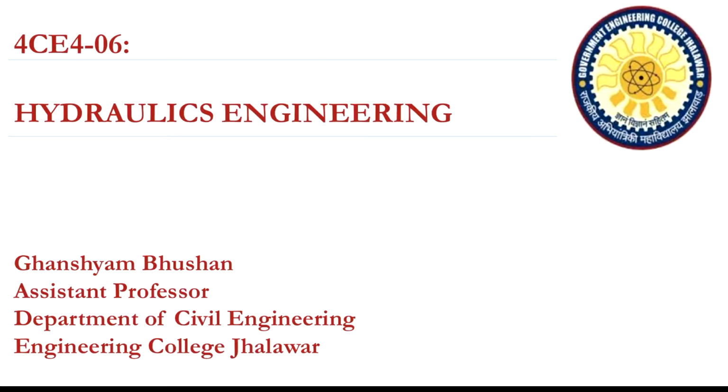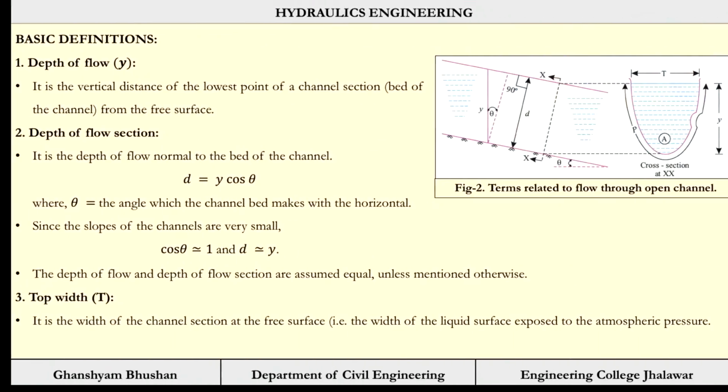So in the previous lecture we started our new topic, which is open channel flow. We have seen various types of flows and how pipe flow is different from open channel flow. We have seen various types of channels, and we decided that as per our syllabus we will be discussing only the prismatic channels, in which the cross-sectional area is constant throughout the length. Anywhere in the length you can cut the section and you will get the same cross-sectional area. So let us move forward.